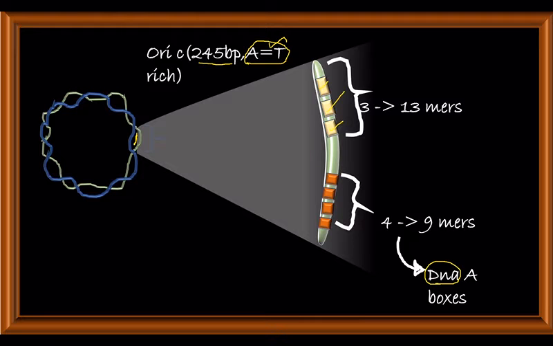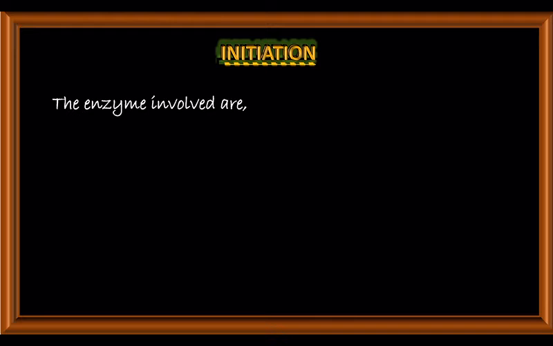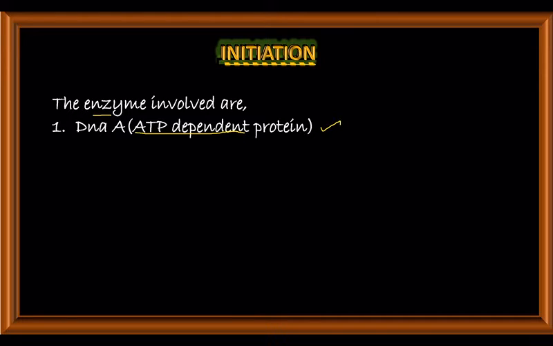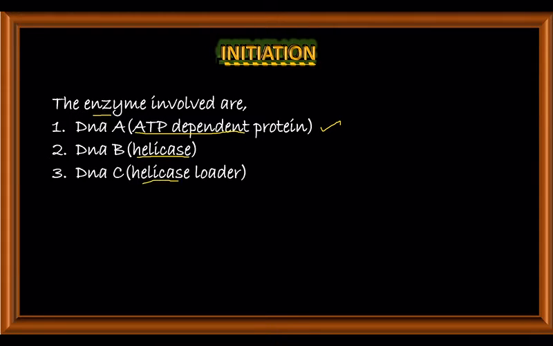Now we can see about initiation. Here you can see enzymes involved in initiation. They are DnaA, that is an ATP dependent protein. It depends on ATP to do its work. It helps in melting the DNA so that the replication will start. And next is DnaB, also known as helicase. It helps in unwinding the DNA. Next is DnaC, also known as helicase loader. As the name indicates, DnaB and C will form a complex and then it will get attached to the template DNA. Then after loading the DnaB to the template, DnaC will just detach from that.